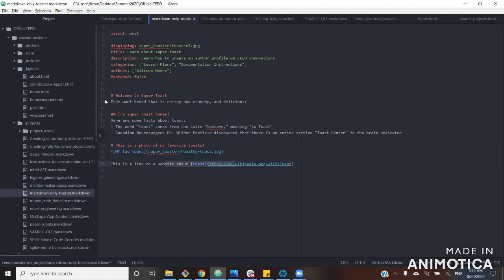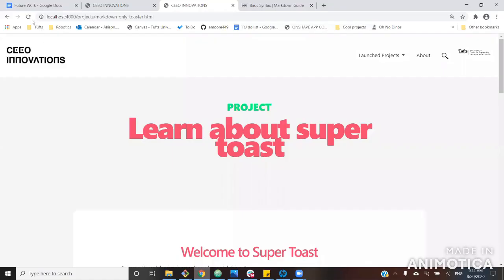One thing to know about Markdown is it has to be right up against the front of the page. If you have a space in front of some of your syntax, that won't work. So just keep that in mind. And this is just a very simple way of writing out your text and then also choosing how to display it using Markdown. If we were to put this on the page,